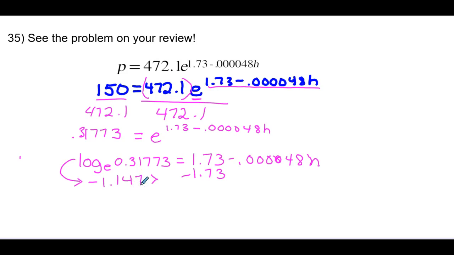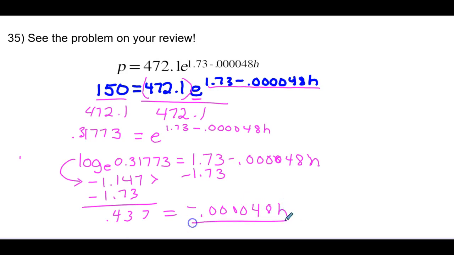Okay, so now we subtract the 1.73, which gives us negative 2.437 equals what's remaining over here, negative 0.000048 h. Since we're solving for h, now we just divide both sides by negative 0.000048. And that gives me h equals